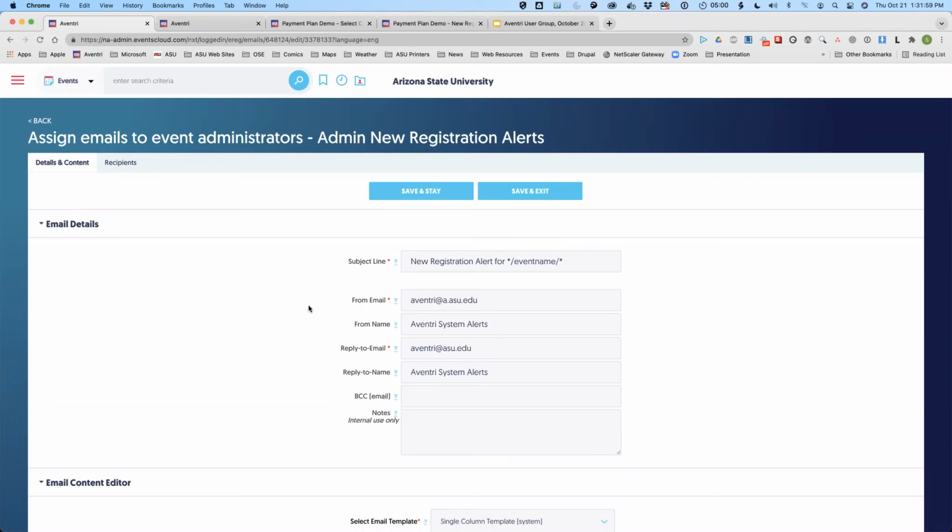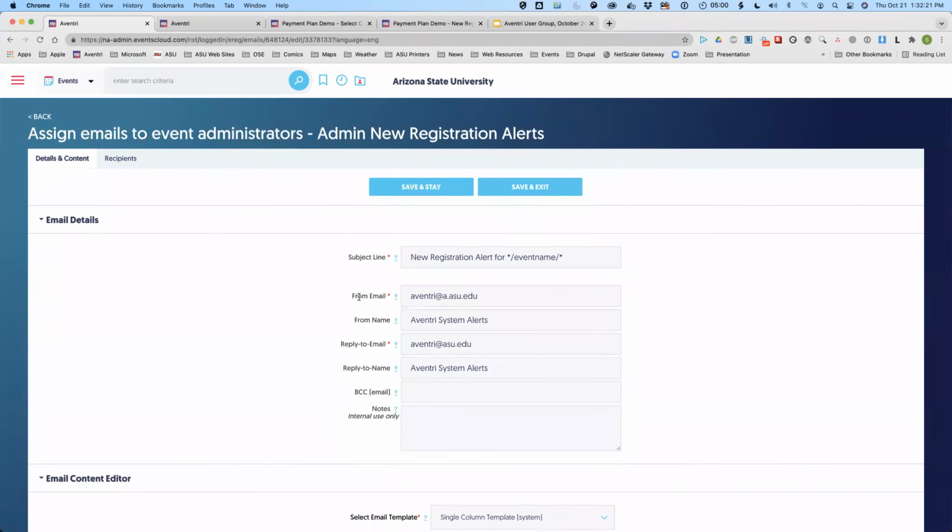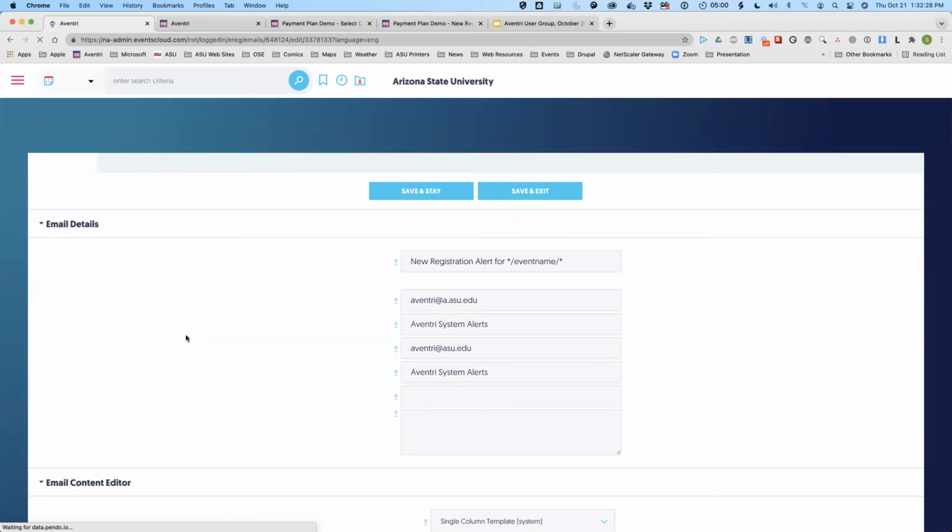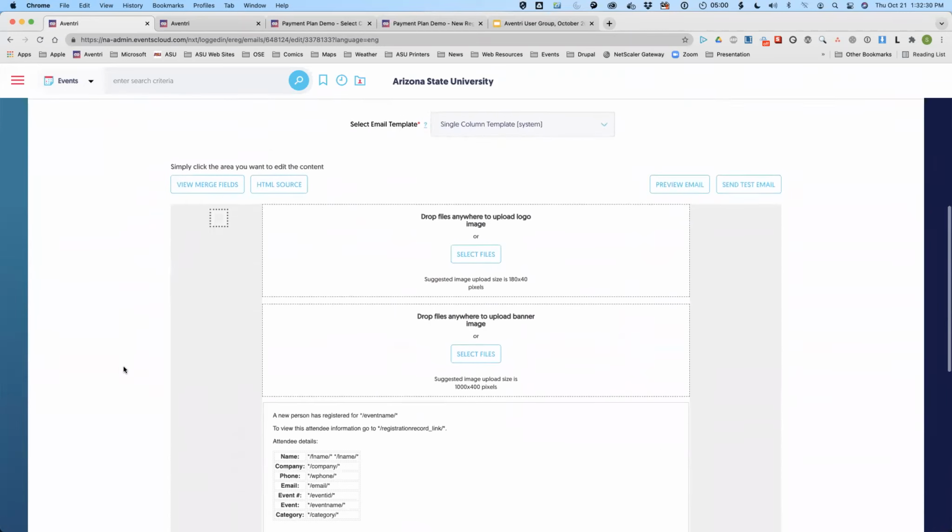support@aventri.com. Just in the subject line, put event email beta and what your problem is, and that'll alert them what we're talking about. Do include the event name and number when you talk to support through email so they can come back and check your site and do a review. But yes, that's what's been causing the white screen of death: not ASU approved domains. And you've noticed I've added my domains. Now I no longer have the white screen of death.